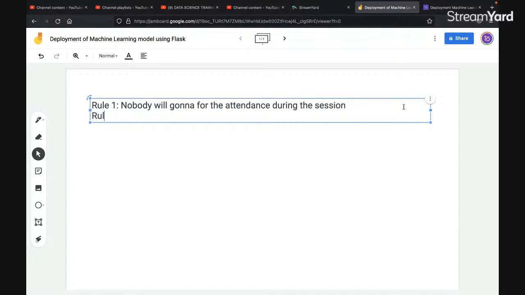The second rule is regarding the certificate only. If you want the certificate for this boot camp, there are certain rules that you need to follow. If you're following DevTown for a longer period of time, I hope you know what those rules are. Do you guys know? Yes or no? Come on, tell me. In order to get a certificate for this boot camp, what will be the rules? Anyone else? Come on.